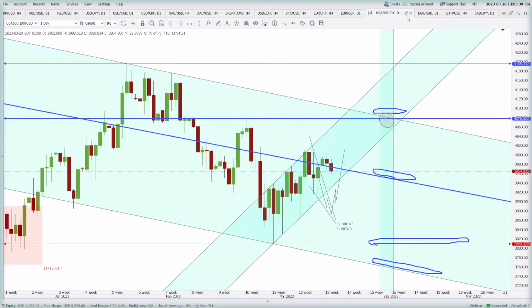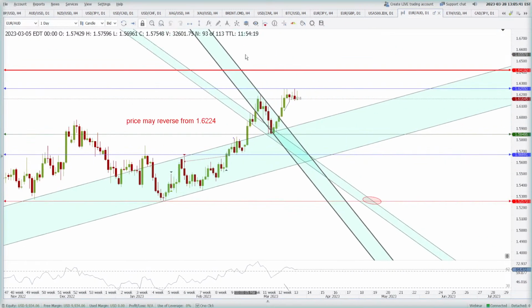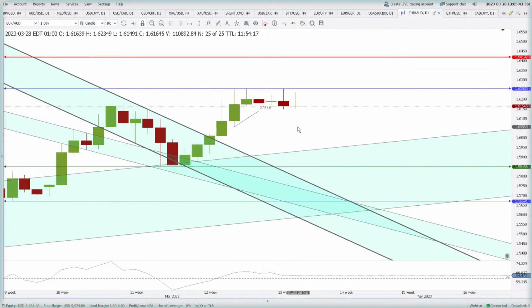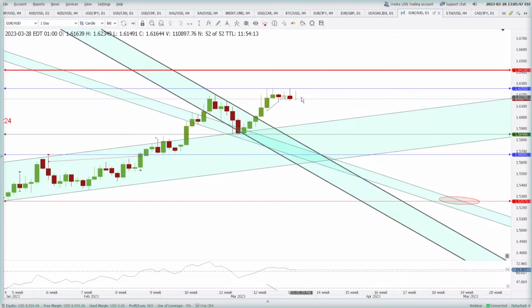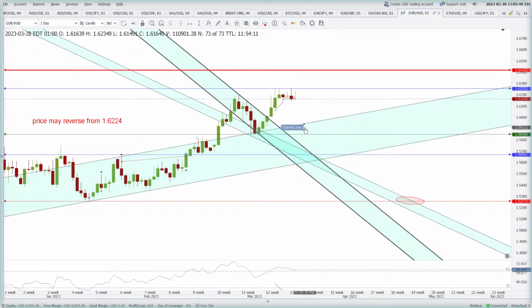Okay. Euro AUD, all targets taken. Yesterday we saw a bearish pin bar. Today there is an inside bar. Tomorrow, if there is a fall to the downside, we can see 1.5848 in this market. For the same reason, if we see an up move from more than 1.6255, we can also see 1.6419, but I'm expecting more like